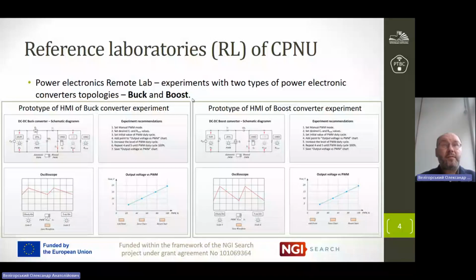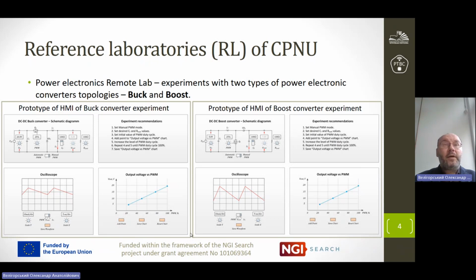In this video, I will show you the result of the implementation of reference laboratories that developed in Chernihiv Polytechnic National University as the part of the project Lab Discovery Engine, supported by NGI Search program and funded by the grant agreement number 101097 364. Here on this slide, you can see the two human-machine interface that was developed in the initial stage of